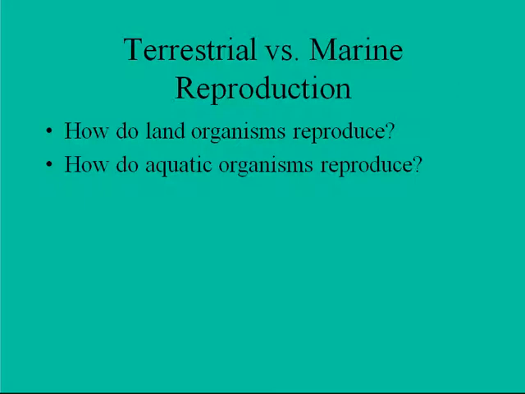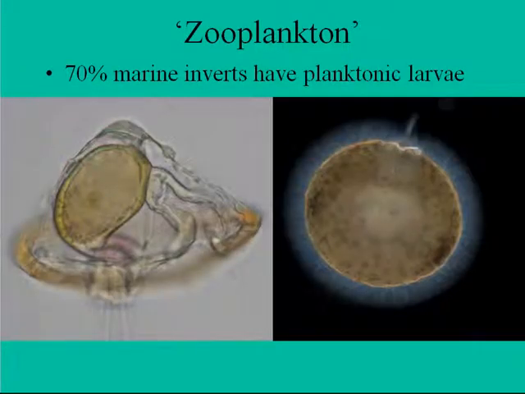copulate? Well, no. Most of them broadcast spawn, and most of them have planktonic larvae. So what they'll do is they'll create a larva that swims around or floats around in the plankton and goes and lives somewhere away from the adult. So it's not competing necessarily with the same adult for the nutrients in that area, or for that precious space to colonize. So they'll produce a larva,